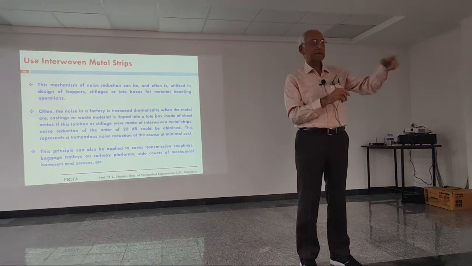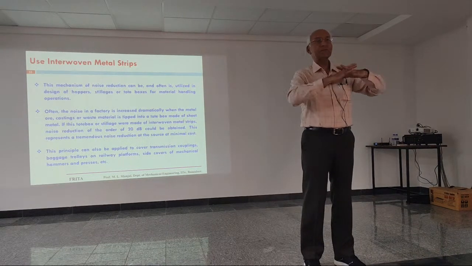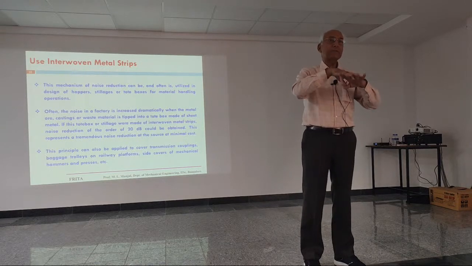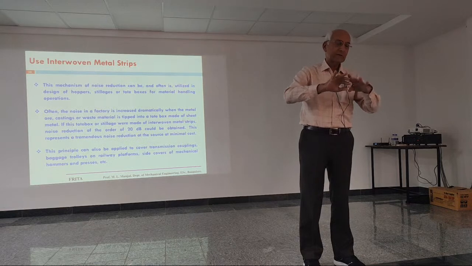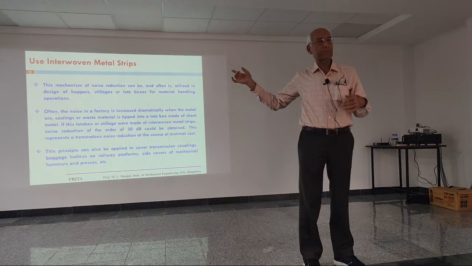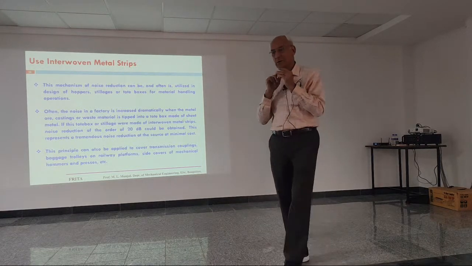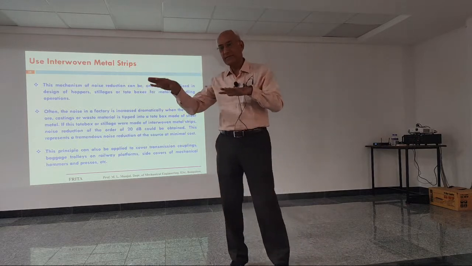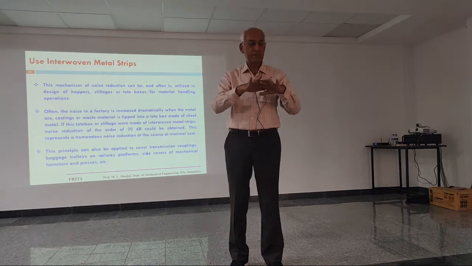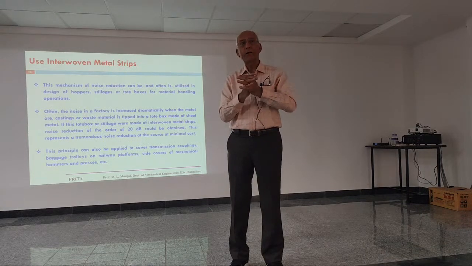One is what I was telling you about using holes, so basically it is another version of that. Second is, because they are intertwined, every time this moves, this also moves, and relative motion is there, and then damping comes. So you are making use of the fact that we don't have a solid surface, you have a strip surface. Then you also have the strips rubbing against each other and providing damping, etc. So everything put together,